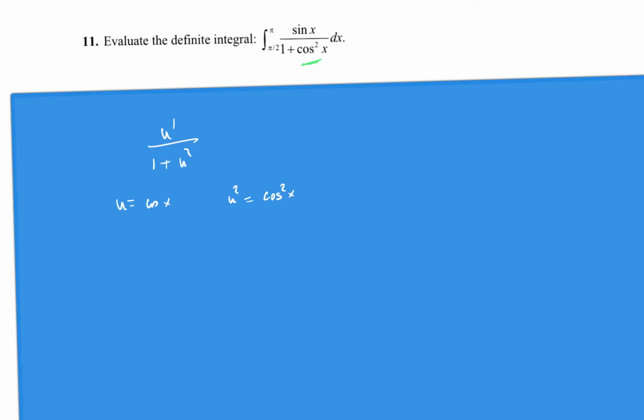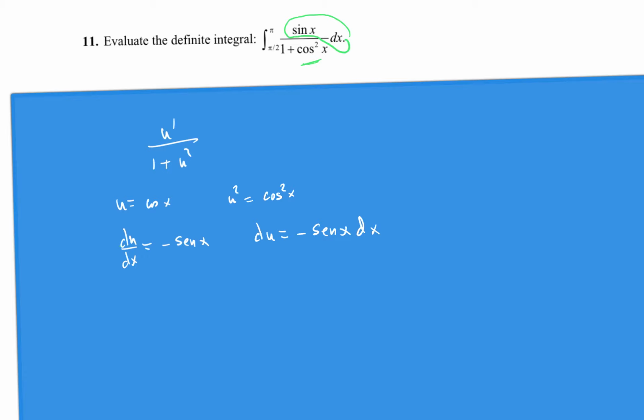And the derivative of u with respect to x, the derivative of cosine of x is minus sine of x. So du is minus sine of x dx. So minus sine of x dx is here,